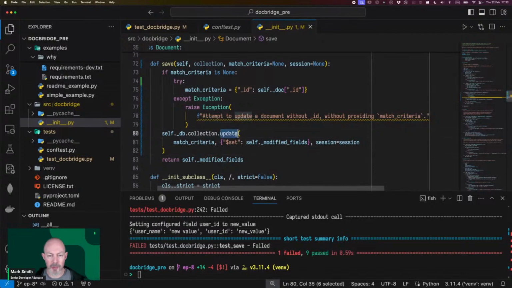So I've uncommented my update. I've passed it $set. Now we know what the modified fields is essentially just,